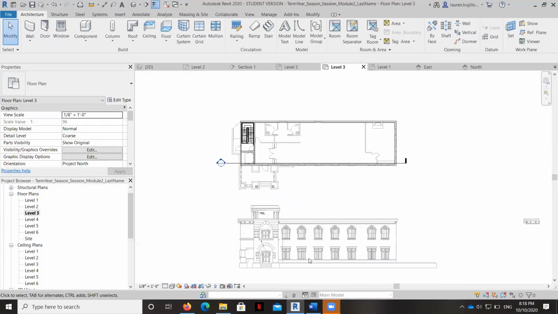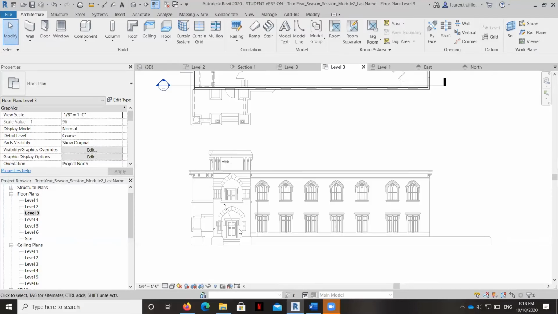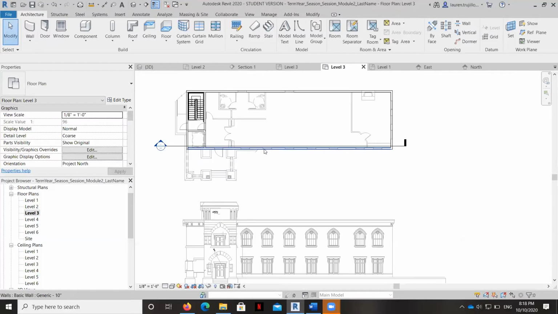So when we get done, what we're going to have to figure out is the height above the finished floor that these need to be. And so let's say, for example, that when you place them, they're not at the exact right height and you need to adjust them just a little bit.